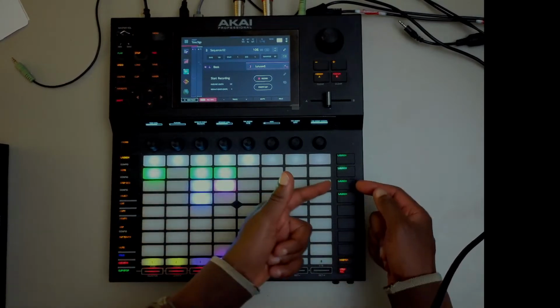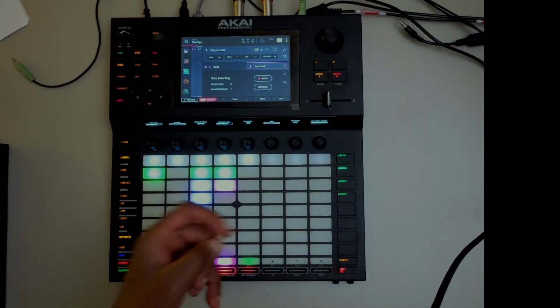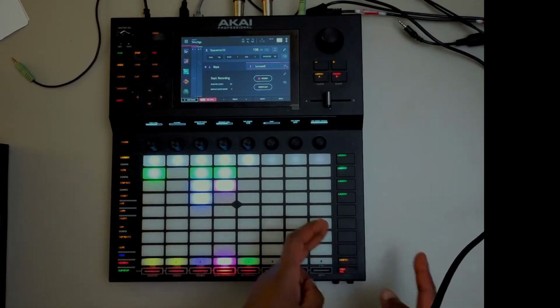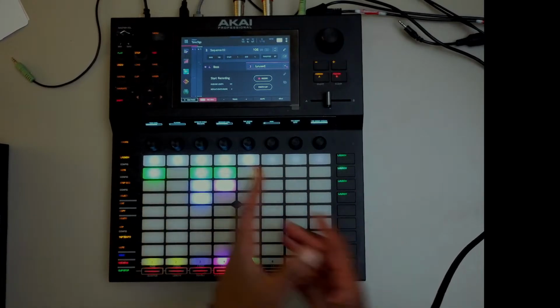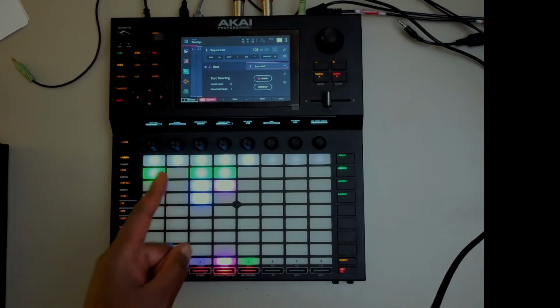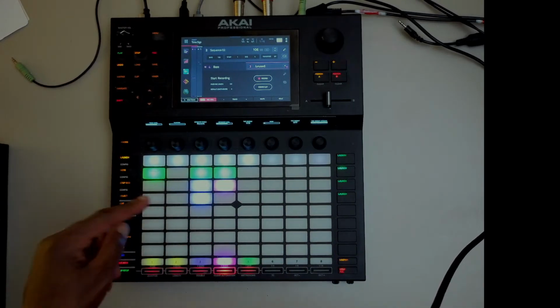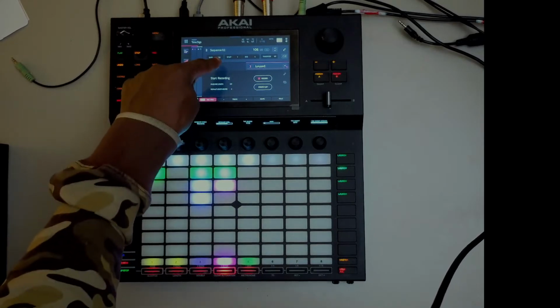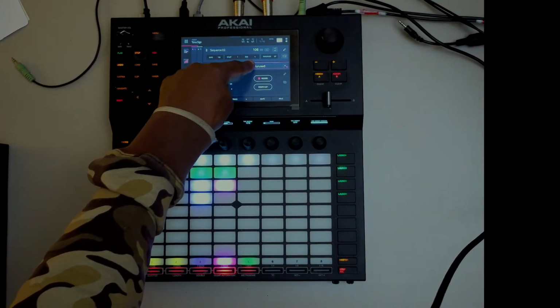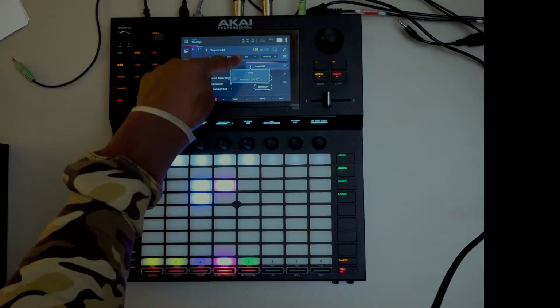If it was to change to this next bar, it's going to play that. But because I put legato in, it's going to continue playing on from wherever it is in this bar. But I also added launch. In fact, I'm going to take that off just so that hopefully you can understand what's going on here. So I'm going to go here to settings.